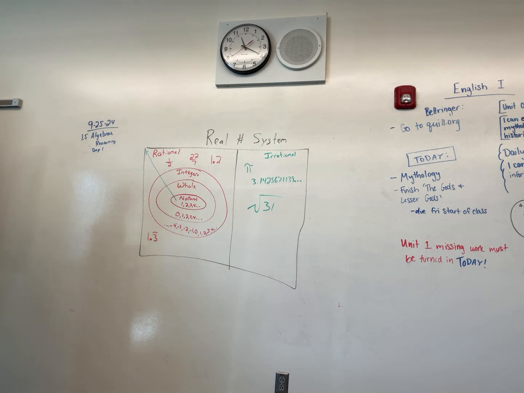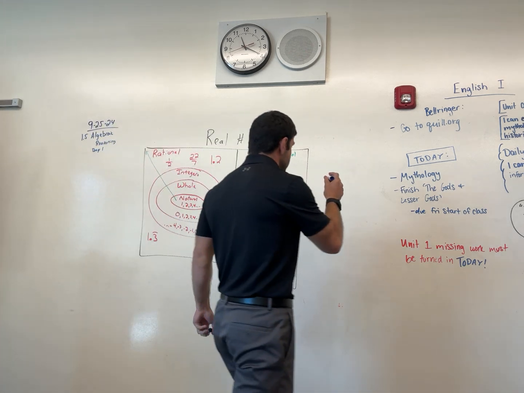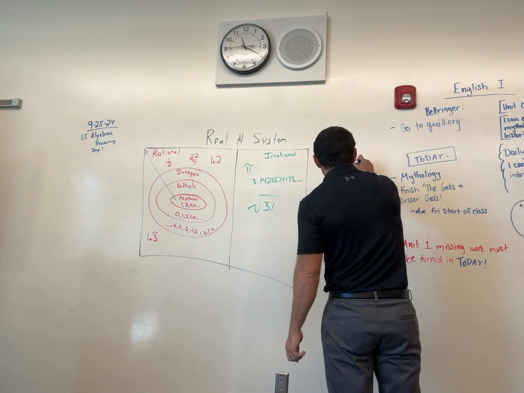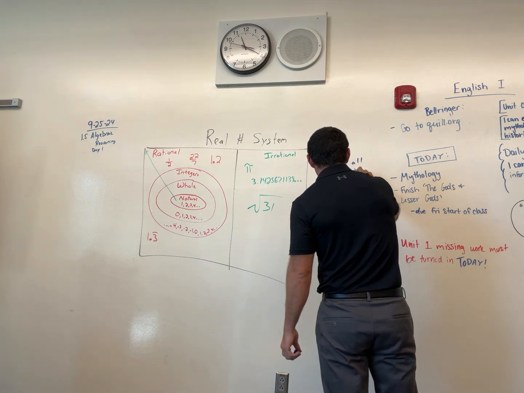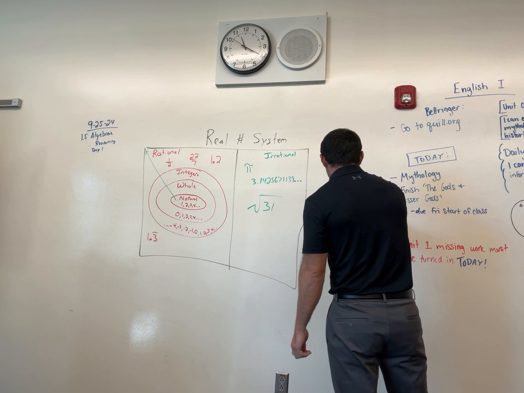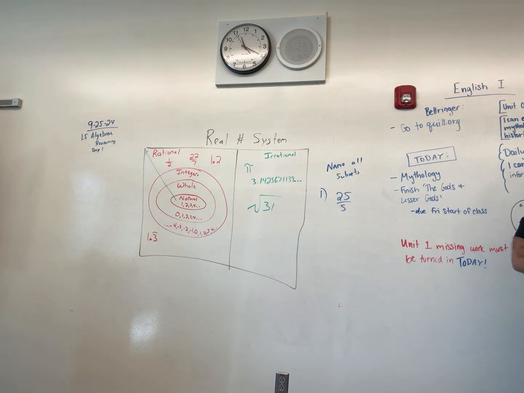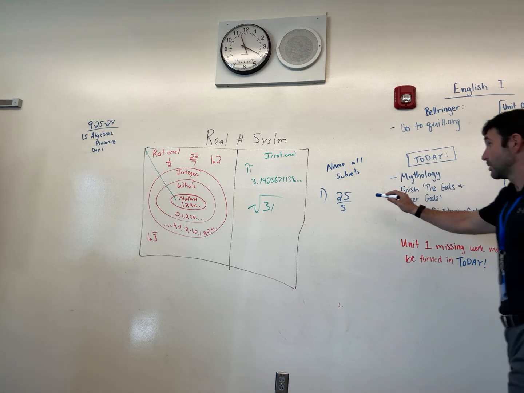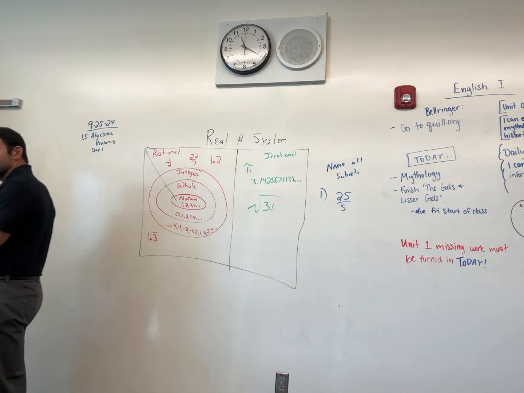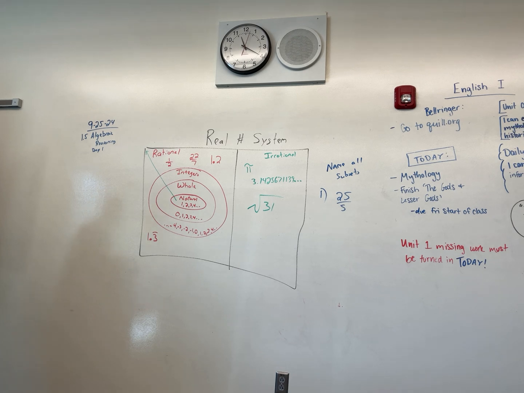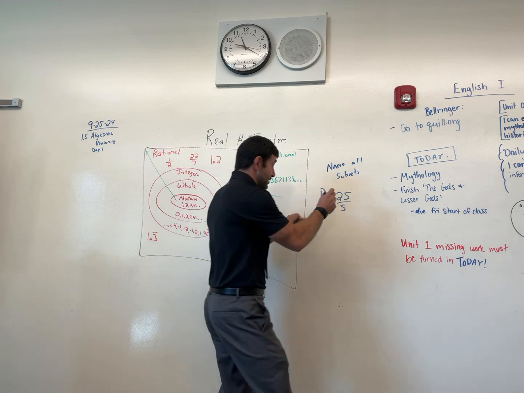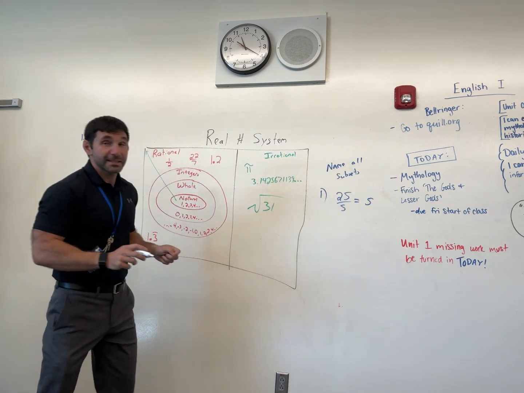What types of questions could you see? Well, name all subsets. And I might give you the number 25/5. And you're going to tell me what name is 25/5. Now, before you go, oh, it's a fraction, so it's rational. Yes, you're correct. But can we simplify it? What is 25/5? 5/5. Or no. 5/1. 5/1, which is just 5. So really, this is 5, which makes it a